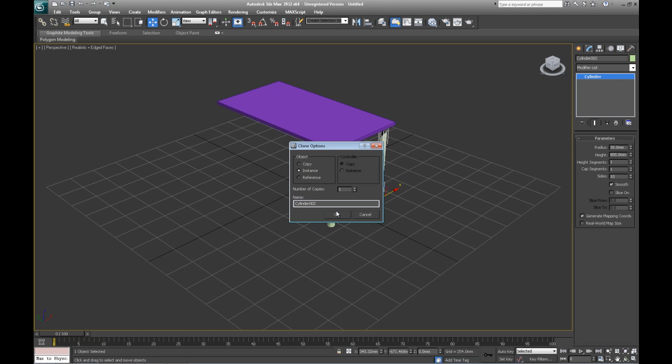And a reference is kind of used when you want to make an object that you want to refer to. For example, if you're building something, and if you make a modification to the original, the reference will have changes made to it. But if you make a modification to the reference, the original won't be affected. So we're just going to create this instance here. For the most part, you'll only use instances and copies in the projects we're going to do. So I'm going to create a copy there, an instance rather, sorry, I'm confusing myself, and I'm going to align this